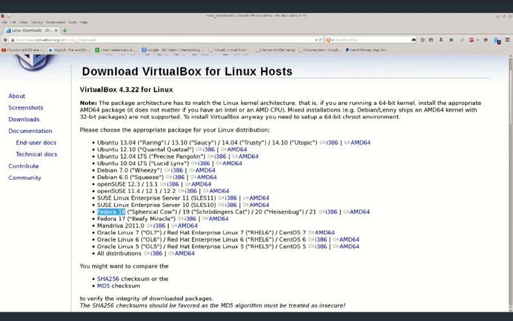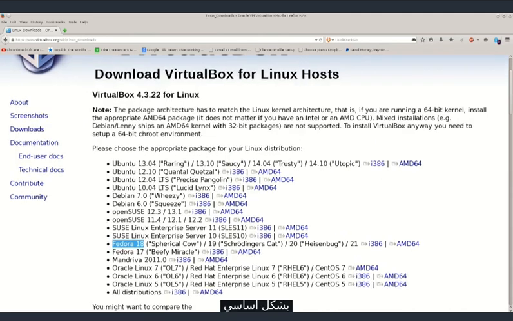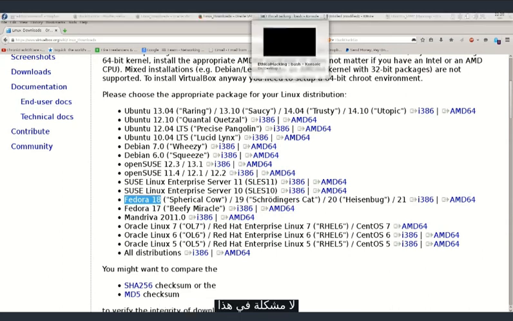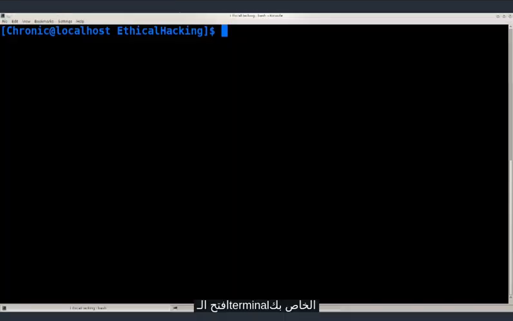Anyway, right next to it, you have i386 and AMD64. What do these markings mean? Well, basically, they're just references to 32-bit and 64-bit architectures. If you do not know whether your machine is 32-bit or 64-bit, no problem. Just go ahead and open up your terminal, type in uname